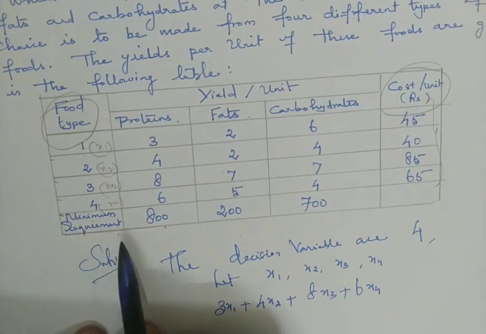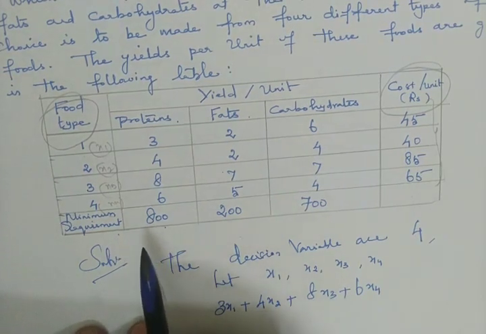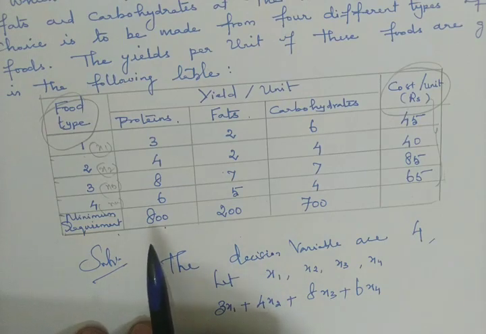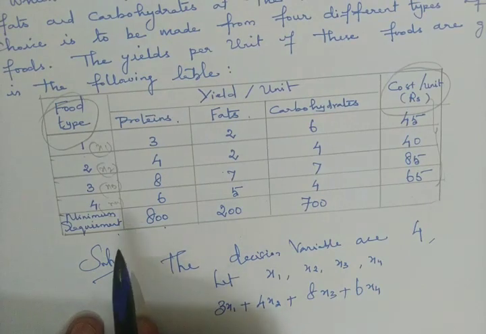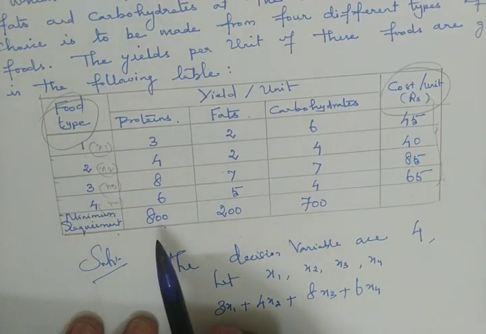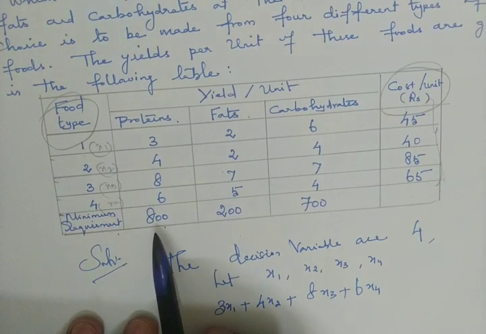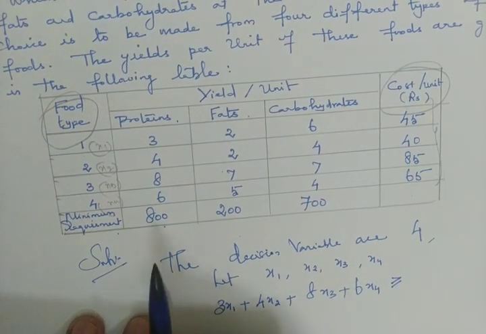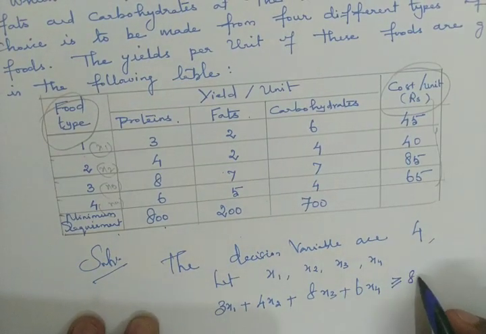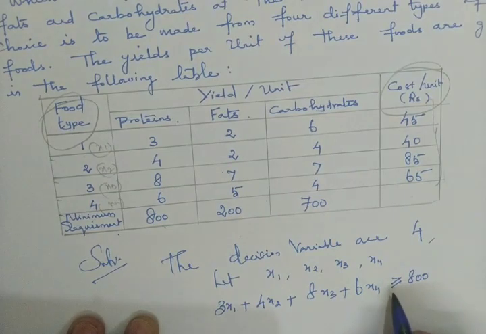If it is minimum, for example, you have to score in the examinations a minimum of 35 marks to pass, which means if you are getting 40 also you get a pass mark only. That's the reason minimum indicates greater than or equal. The minimum needs you can take more also. The minimum requirement is 800. So that's the reason you are putting the inequality constraint: greater than or equal. You need minimum of 800. You can take more than that also. Minimum means put greater than or equal.